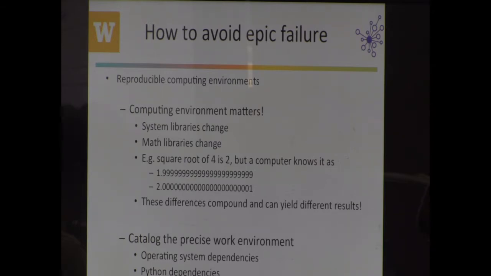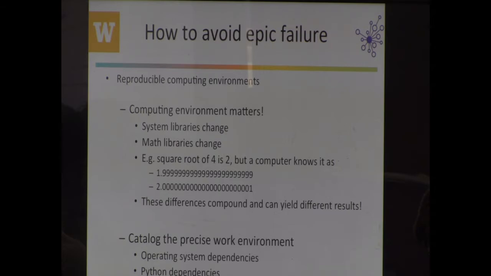So there are things, does anybody remember, there's a Python function that allows you to compare two floating point numbers, and it's like almost equals or something like that. That's a handy thing to use, and you can set what the epsilon is for two numbers being almost equal. But it's important to recognize that. In one computing environment, the square root of 4 might be 2.01, and in another it might be 1.999. If you're making an assumption either way, you're violating the underlying rules about how computers work.